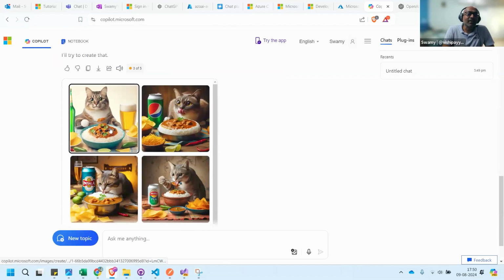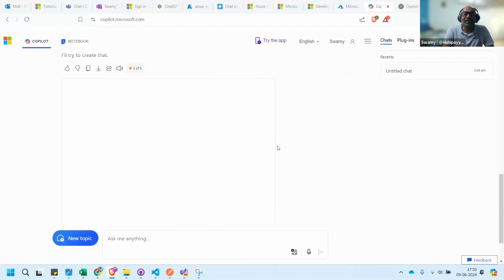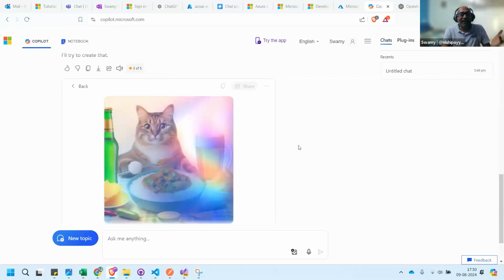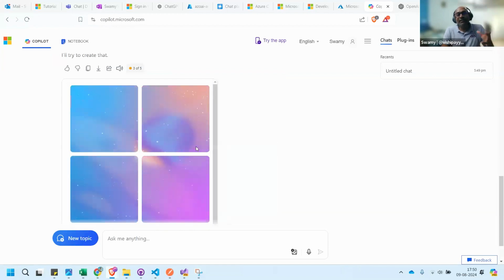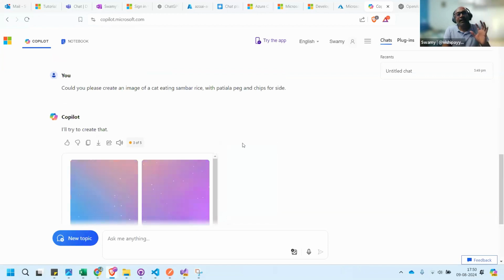You can see that. Here is one of the images which it has created. Now it has got a cat, it has got the rice and sambar, and a couple of Patiala pegs with chips and cucumbers here. Now all these things, again, come down to your creativity and how it understands.